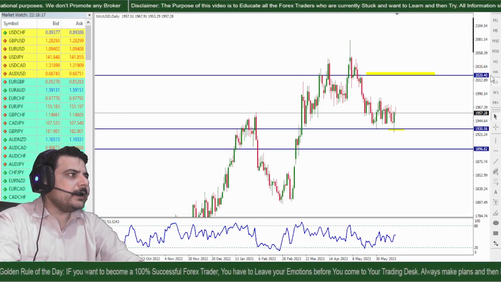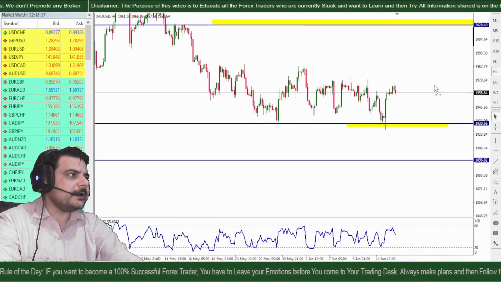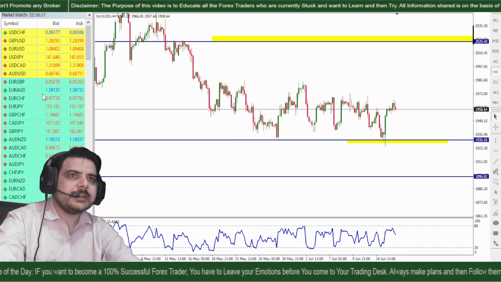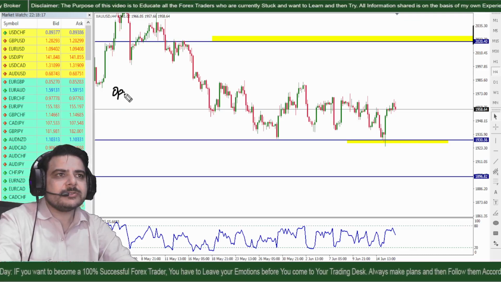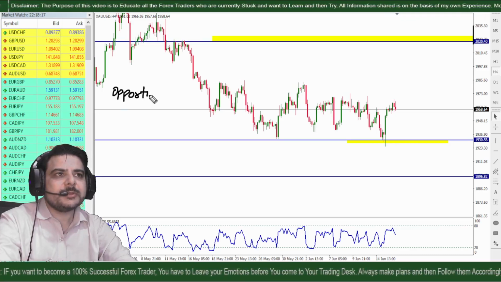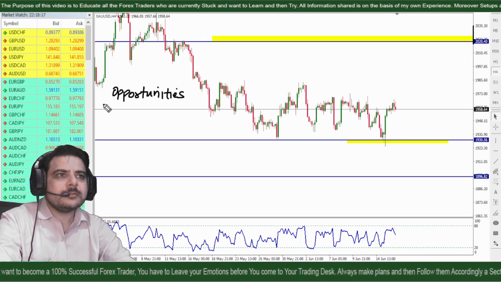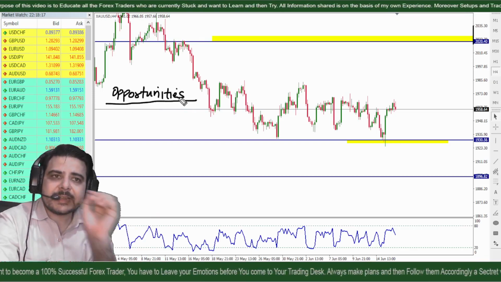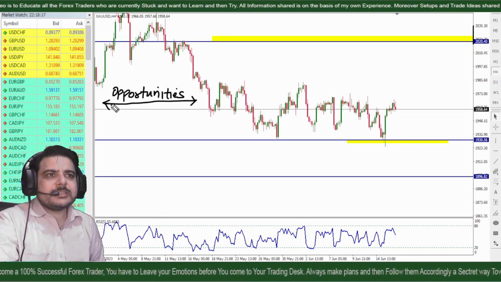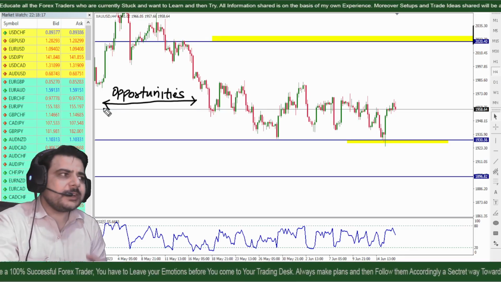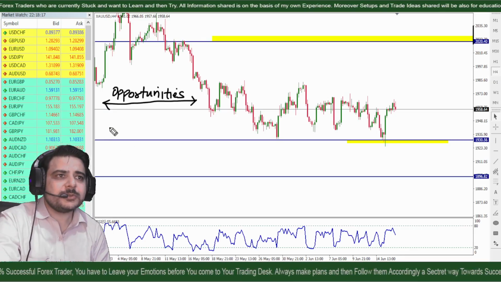The practical way to trade the long term is, there are obviously different opportunities. Number one, let me write it down. Number one opportunities, so these are opportunities for the upcoming week. Make sure to understand my plan correctly, because when you take a good decision, you will make good profits, but if you take a bad decision, you may not make any good profits. So the first opportunity is